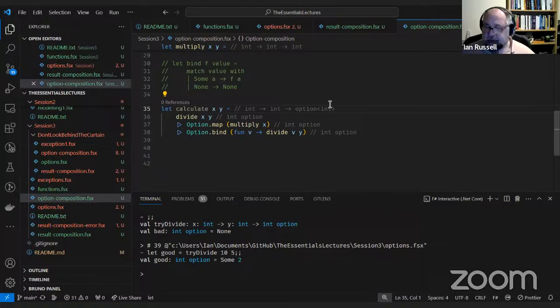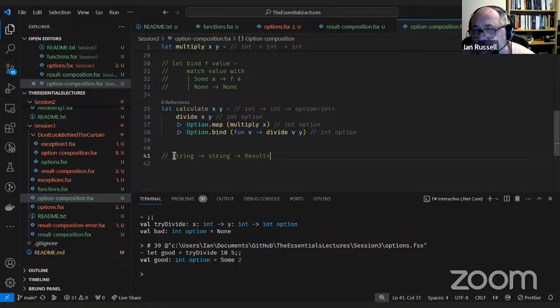So if you get data out of a database, if we think about what you're going to do, when you return data from a database, you're going to have what? We're maybe going to send a SQL string in. So you're going to have a function that takes a string. It might take a connection string. I don't know. And it might return a result of... So let's say we're returning a customer.